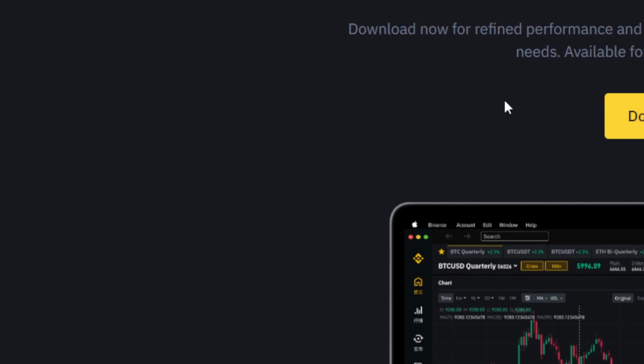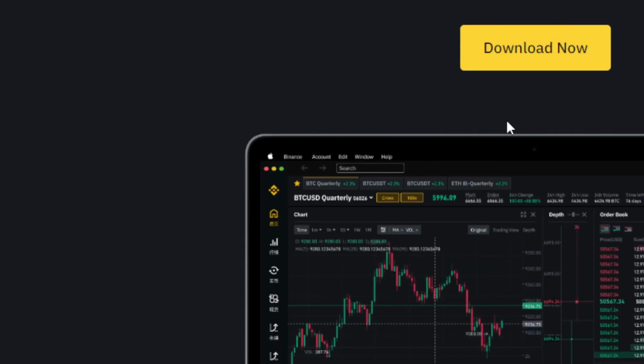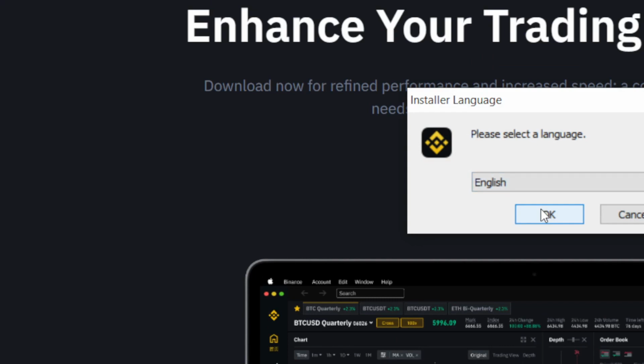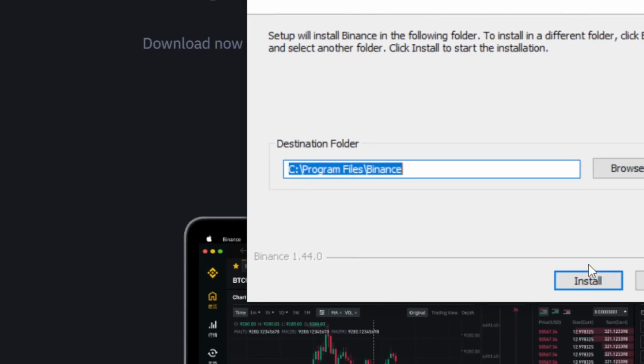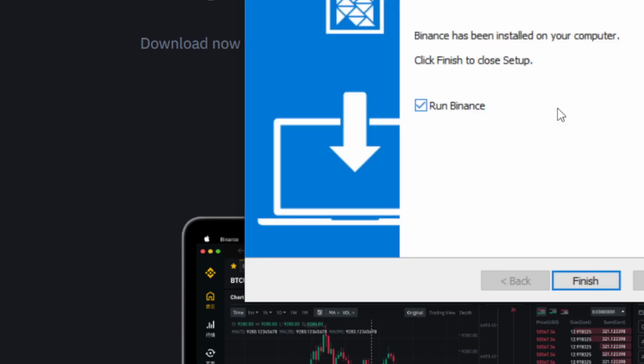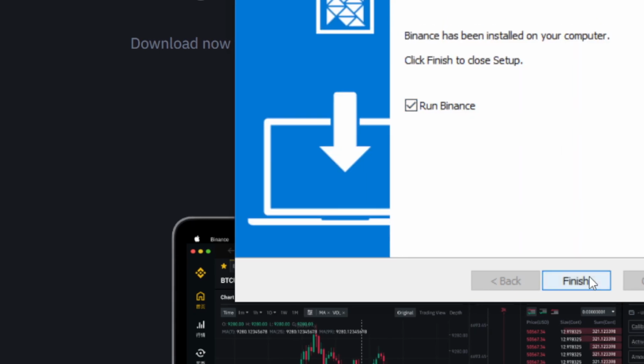It will ask you to give the permission to the app. You just want to click yes like this, yes, and then select the language. I like English, so I'm going to click OK. Here click install. Now you just want to wait for it to install and then click finish,